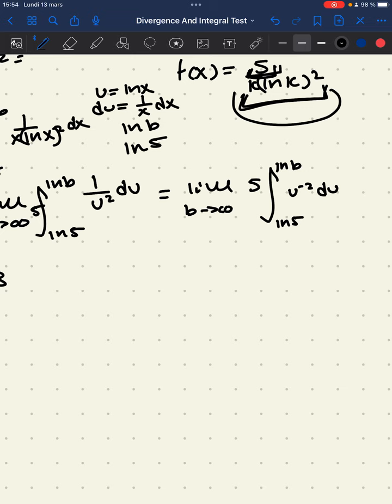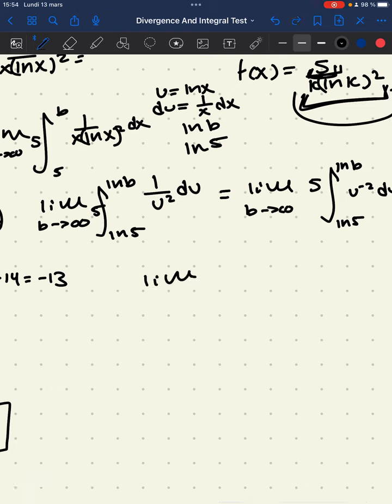Now we're gonna integrate this normally, and we'll just add 1 to the exponent and divide by that new exponent. So it's equal to limit as b approaches infinity 5, we can multiply the whole limit by 5 since it's just a constant, u to the negative 1 over negative 1. We just simplify this down to negative 1 over u,